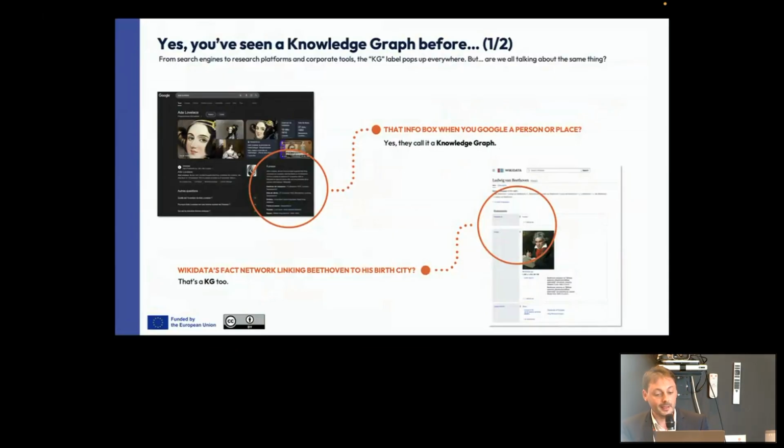Here you can see Beethoven, and each piece of information about it is expressed as a statement. Beethoven, instance of human. Beethoven, place of birth, born, etc. I will share with you. We will explore Wikidata a little bit more in a few seconds, but the idea here is each fact is